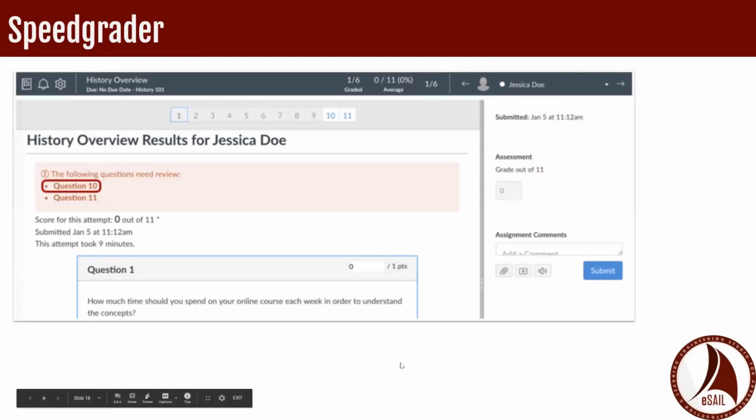Now, most question types will be self-grading, and here is what you will see for these self-grading questions. When you open SpeedGrader, this is what the interface looks like. Previously, I have had questions, specifically whether you can grade by question with all the responses for one question on one page. And the answer is no, you can't do that on Canvas. Big sad. So you do have to click through this one by one to view that, or click through the student's name one by one to grade by question right now.